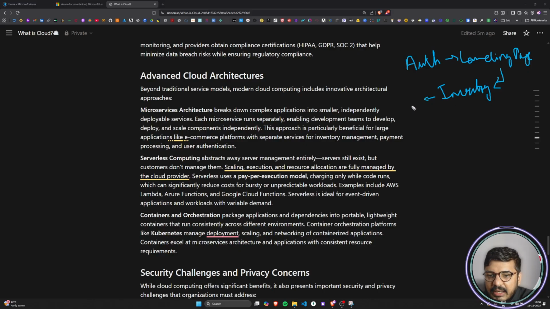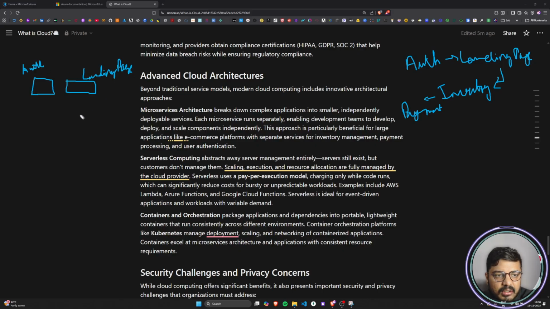Okay, we can then have, let's suppose, payments page, and much more pages. I'm just keeping it simple, right? So what in microservice architecture we will do is we will host all these modules on a separate server. Okay, so we will host this auth module on a separate server,